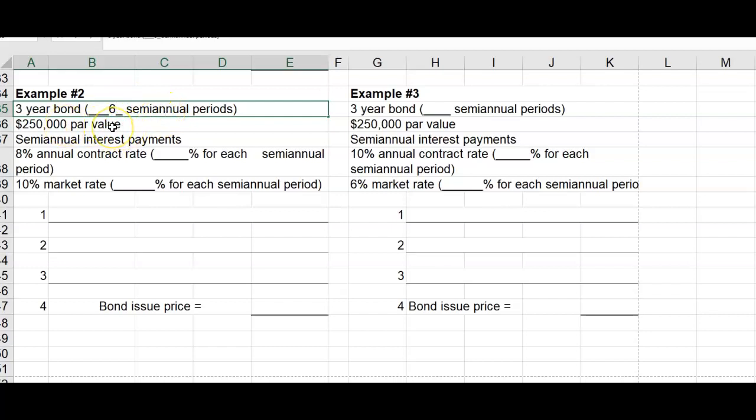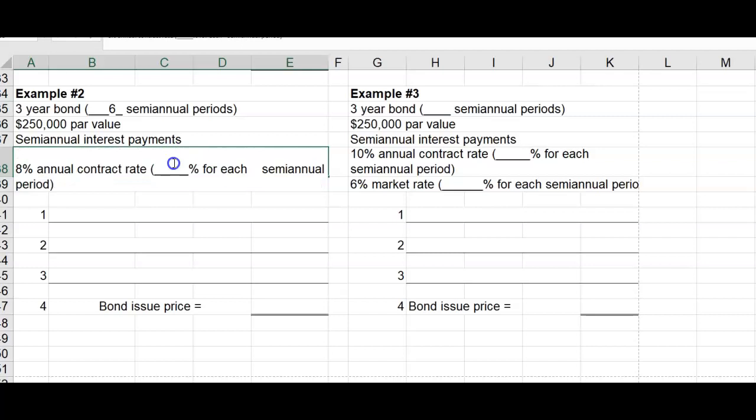It's a $250,000 par value bond. The semi-annual interest payments, 8% annual contract rate of interest. How much is that for each semi-annual interest payment? It's 4%. If 8% is an annual contract rate, then if it's paid twice a year, it's 4% each time